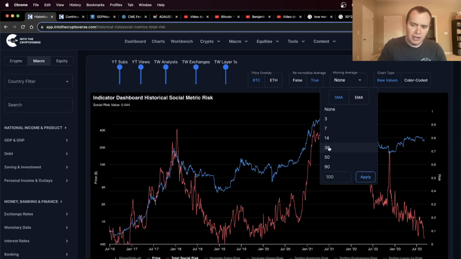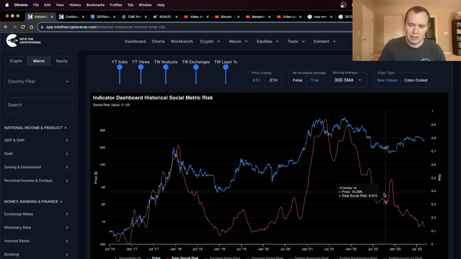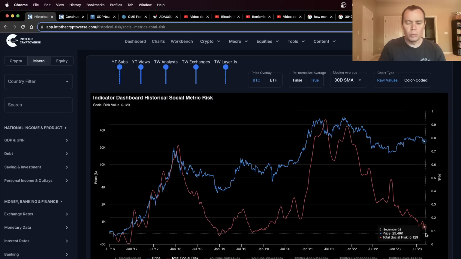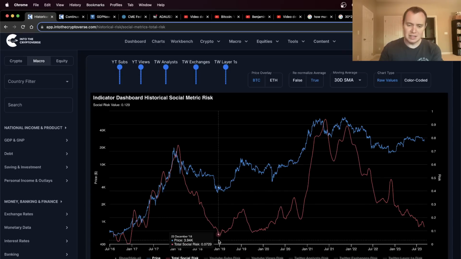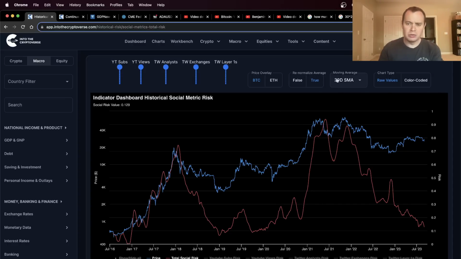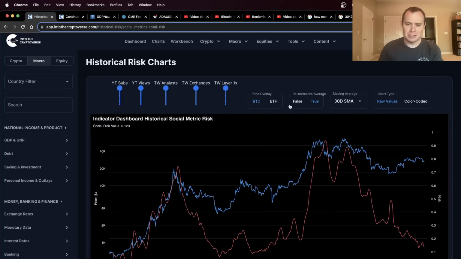If you were to look at a 30-day moving average of the total indicator risk, you can see that the lowest it went last cycle was about 0.06. It's currently here at 0.129. So, as we get later on into this year, you're probably going to see this come down to that 0 to 0.1 risk band, which is really the cream of the crop for Bitcoin, if you can see yourself there. The hard part oftentimes, especially when it comes to altcoins, is just being patient, because it's so difficult for people to sit around.